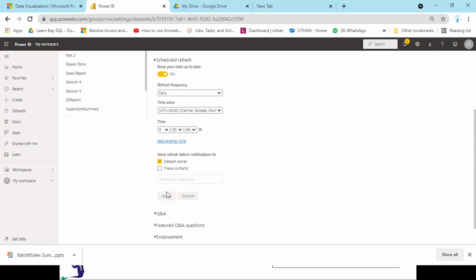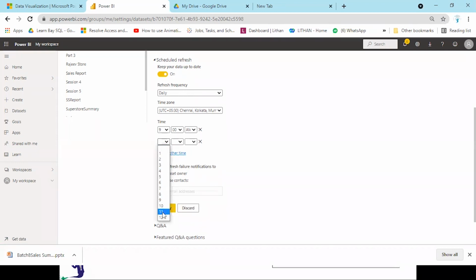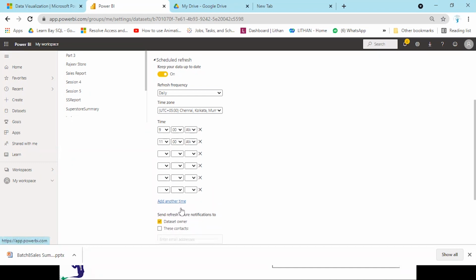Now you say, okay, you wanted to refresh not only once in a day, you have to refresh it multiple times. So after 9, I said it will be refreshed at 11. Add another time. Again, you can. So like this, 8 times in a day, you can refresh your report.